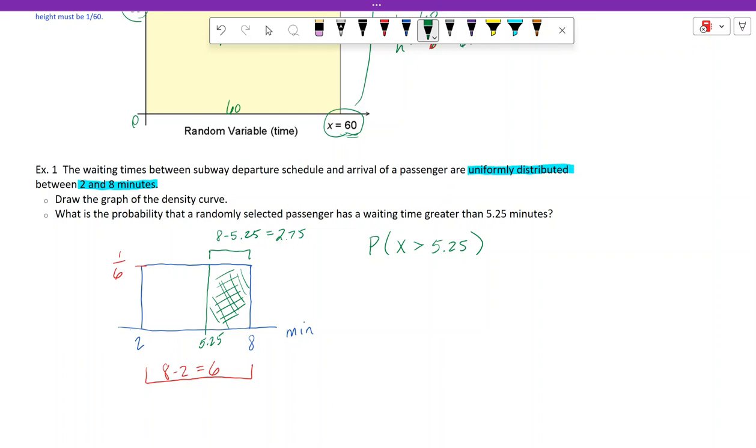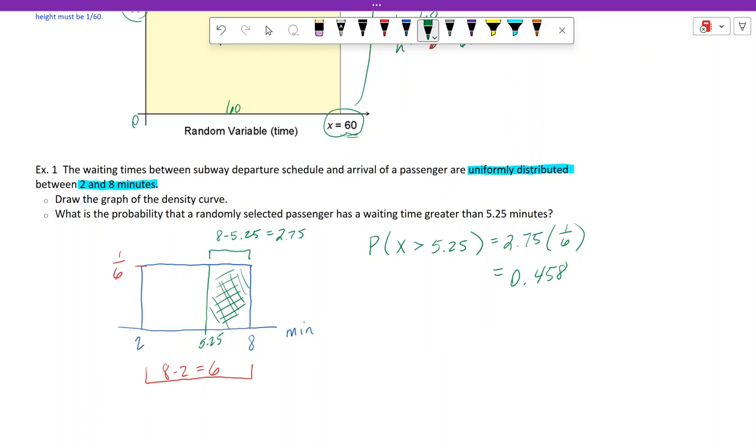But did the height of this rectangle change? The height of this new rectangle I'm interested in is the same height as the original rectangle we were working with. So when I calculate the area of this green rectangle, the area I've shaded in, I'm going to take the width of that rectangle, which is 2.75, multiply it by the height of that rectangle, which is 1/6, multiply those together on my calculator, and I end up with